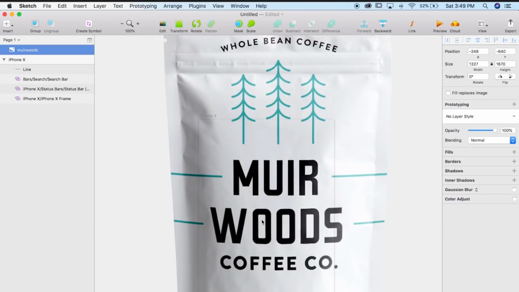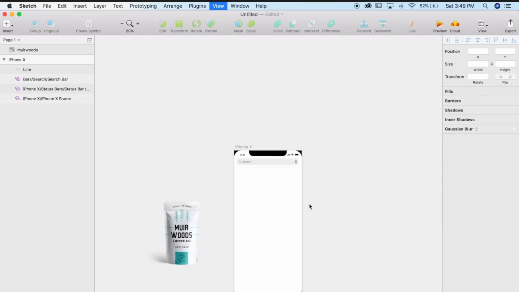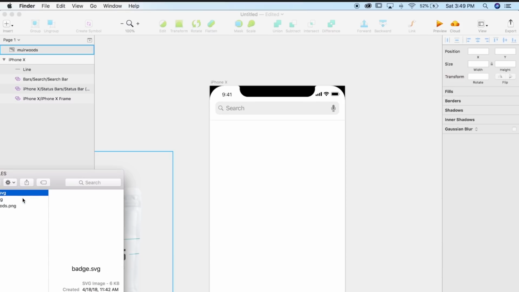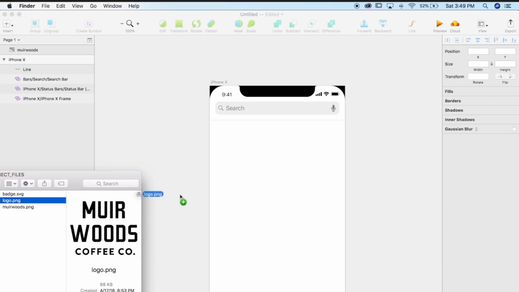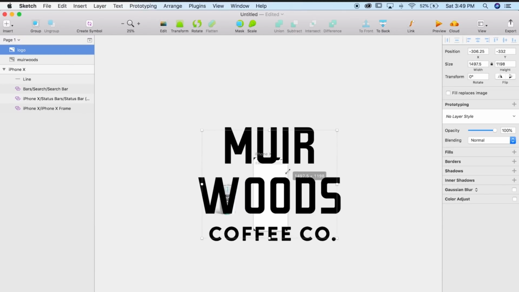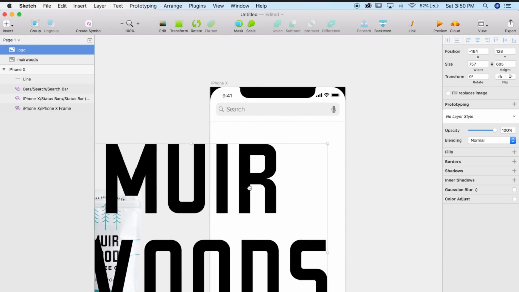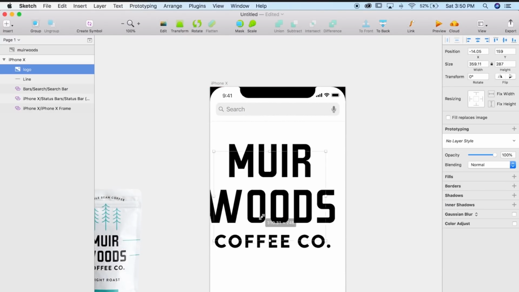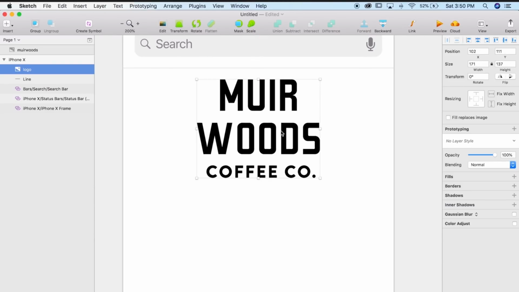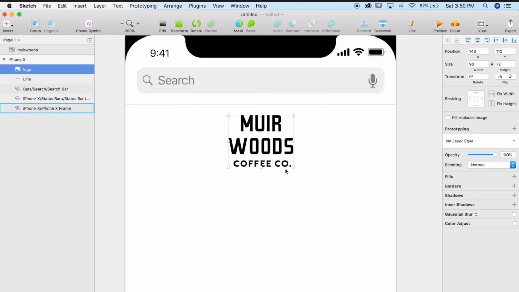So I'm gonna go ahead and just drag this in so I have it. We're not gonna use it quite now, but I'll size it down and put it here on the side. But what I am going to do in the meantime is drag in my logo that I made. Here's my logo, and you can literally just drag items into Sketch like this. This is a PNG, so it's got a transparent background. I recommend you use either SVGs or PNGs that are at a good size so you can scale them down. I'm just holding Shift as I scale this down.